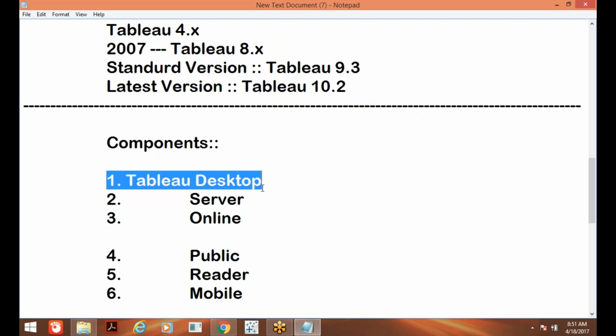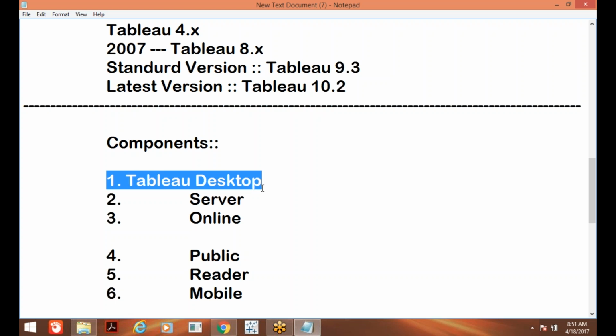He has the responsibilities of adding the users, assigning roles for the users, giving permissions to access the server, saving data into the server, and distributing data from the server. All these responsibilities will be taken by the Tableau admin by using Tableau Server. But we don't have servers here.